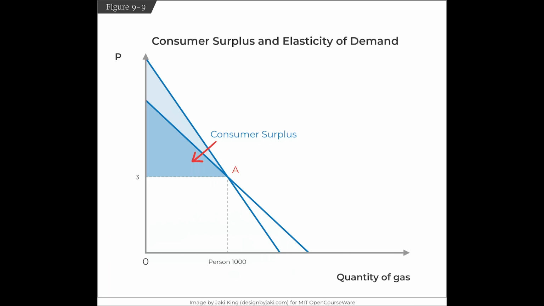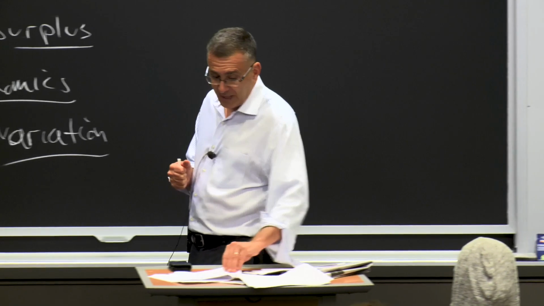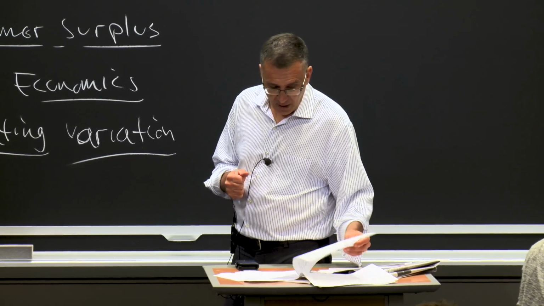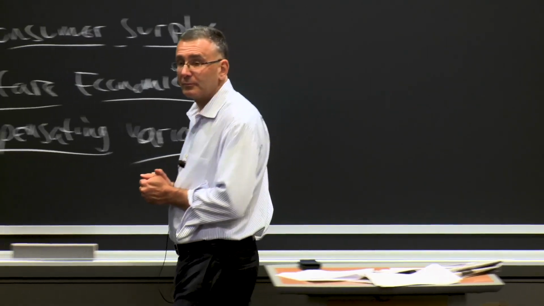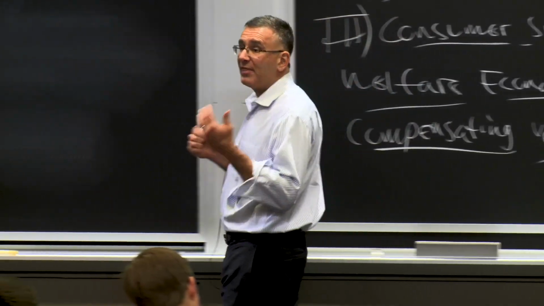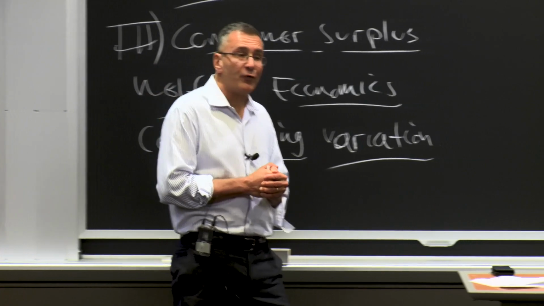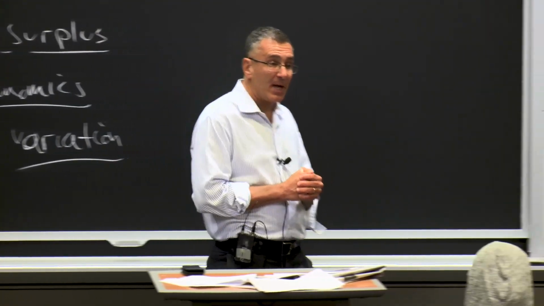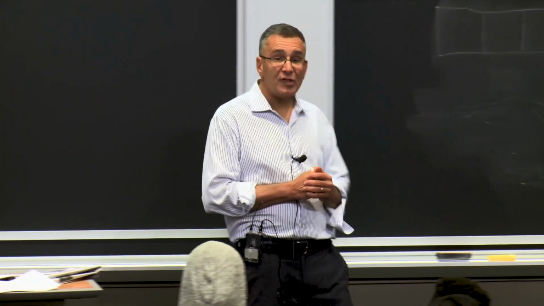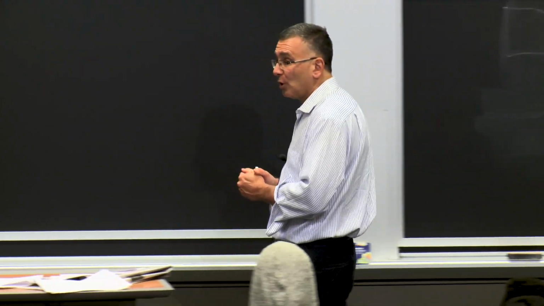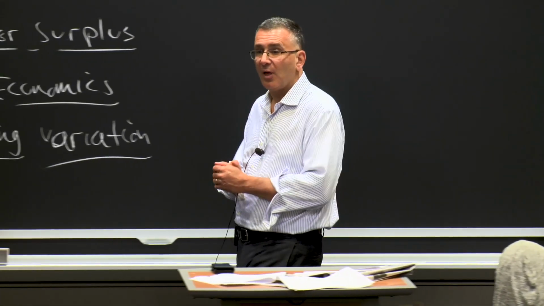With the flatter demand curve, people are basically closer to indifferent with some other good. So they're not so sad if the price goes up. Their surplus is smaller from getting this good. What they were willing to pay and what they have to pay is smaller. Okay? So that's how we think about consumer surplus. It's basically the excess of your willingness to pay above what you have to pay. So if the price goes up, your surplus goes down, and surplus is larger the more inelastic the demand